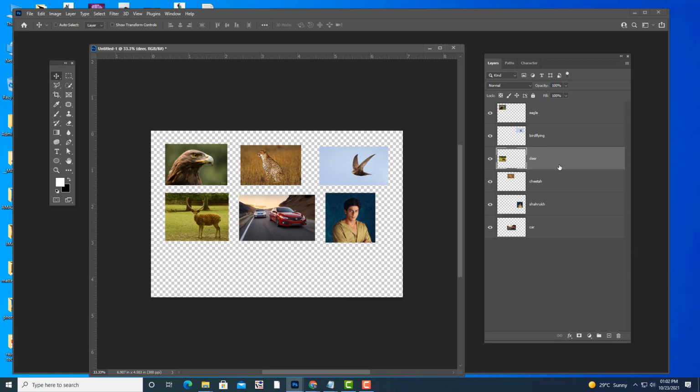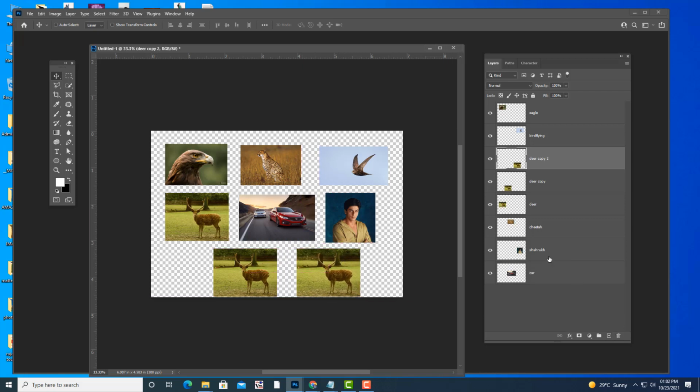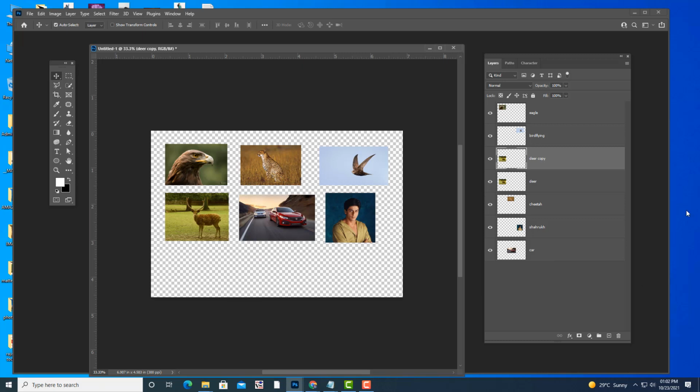But right now we are not creating an empty layer, we are creating a duplicate. So one more way of creating a duplicate is to simply select the layer and drag it on top of this new layer icon. See, one more copy we have created. If you want one more copy, just drag it on top of this new layer icon again. This is the same as Control J, but if you cannot use Control J, you can use this option also to duplicate layers. Okay, next.